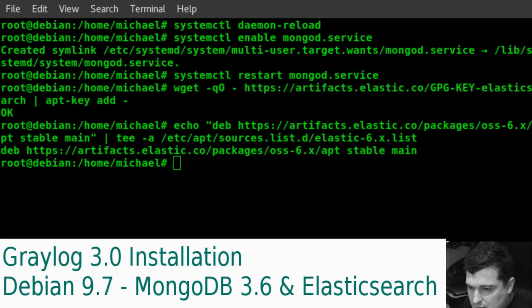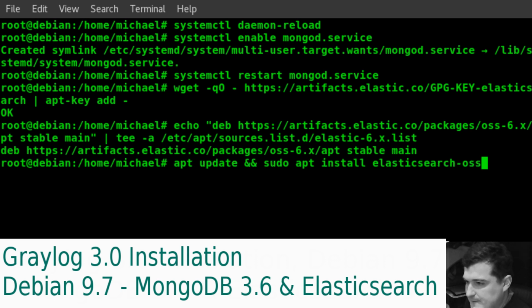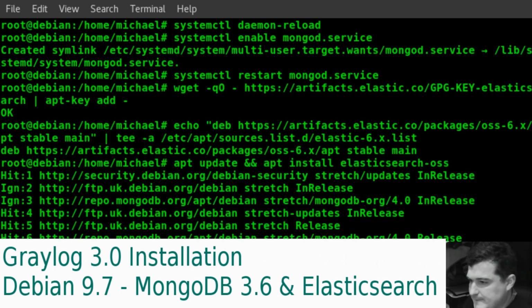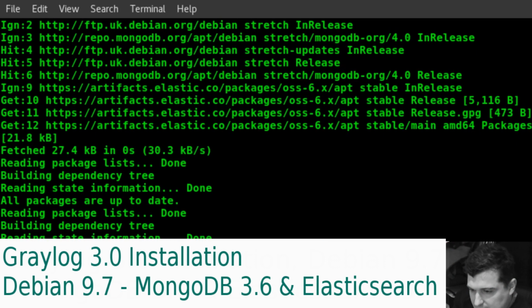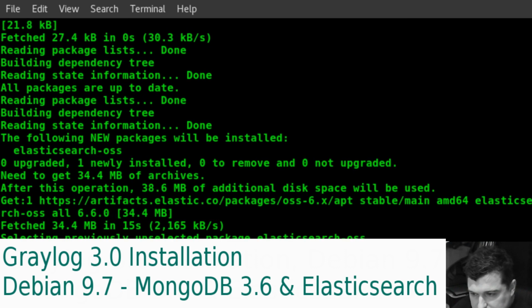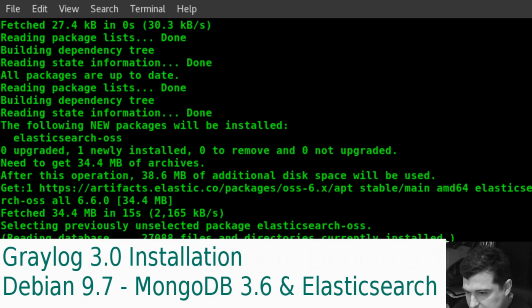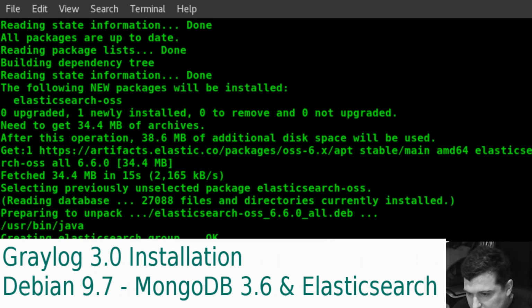Apt update and apt install Elasticsearch OSS. So I'll just strip sudo out of there. Okay, that's running. Now, apparently, I have to modify the Elasticsearch YAML file and set the cluster name to Graylog. Remove the hash as first character of the line and add action auto create index false. Okay,